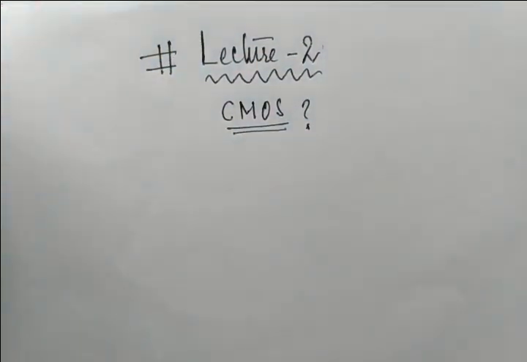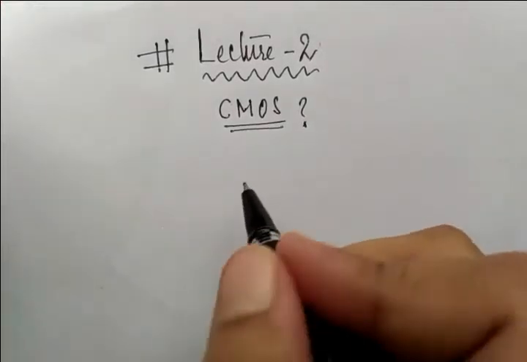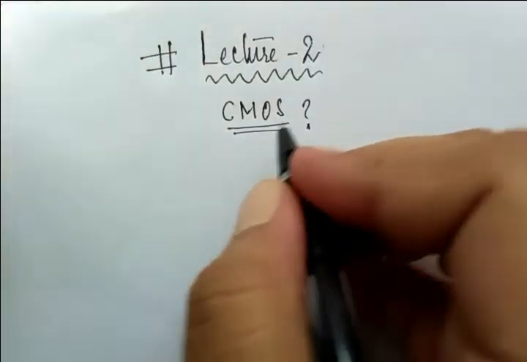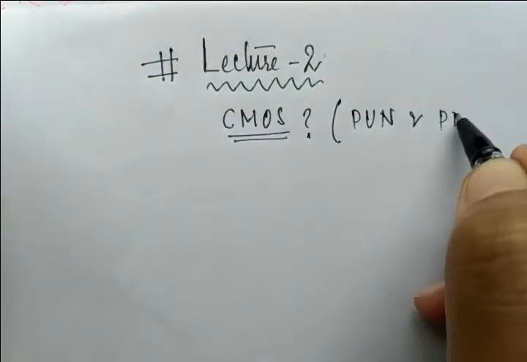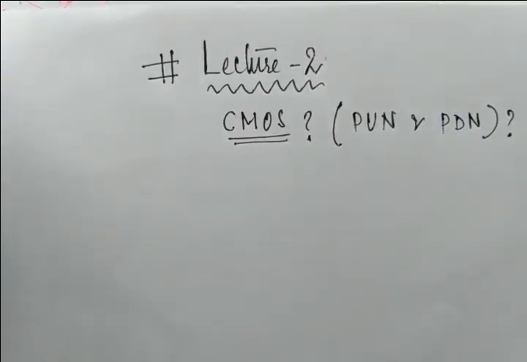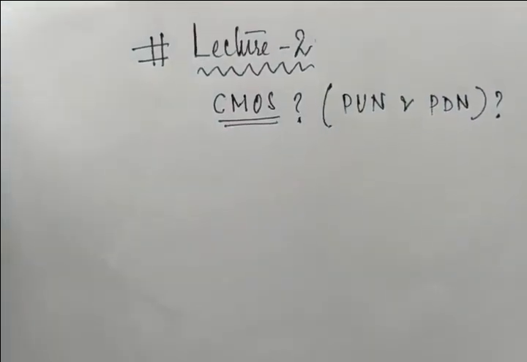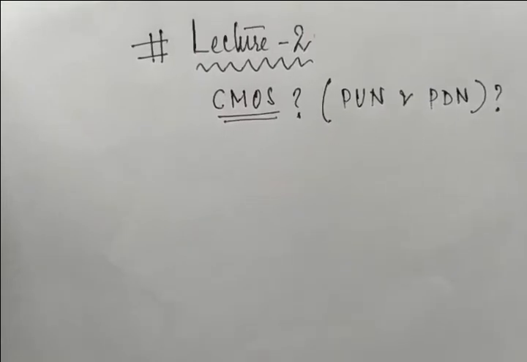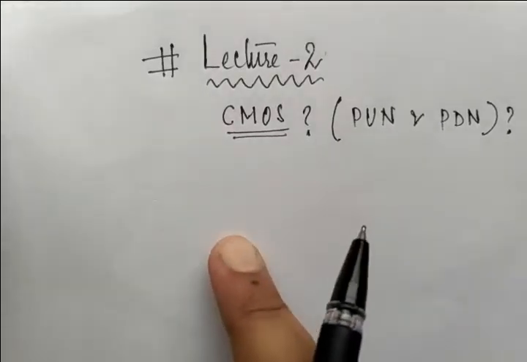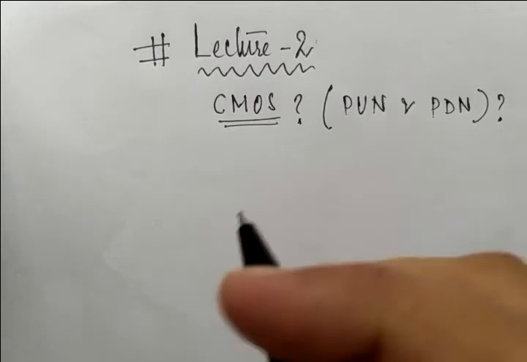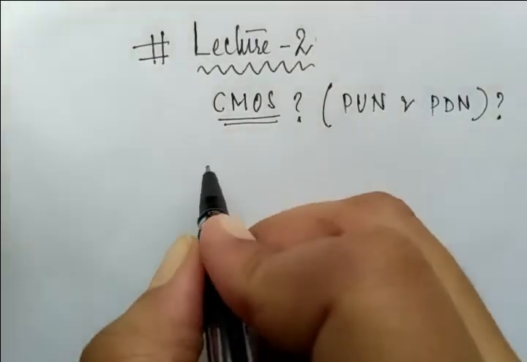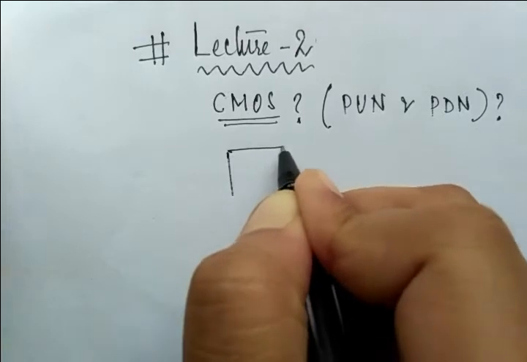I think that you all have the answer to this question. There is no need to repeat it twice, why CMOS is needed, right? Okay. So again, there is another question, that is what is the pull-up network and what is the pull-down network. This part is also known to you because I also mentioned it in the introduction part, but today I will repeat this one again because otherwise we can't proceed to the next part. That is, I am doing this in a block diagram, not in a circuit diagram.